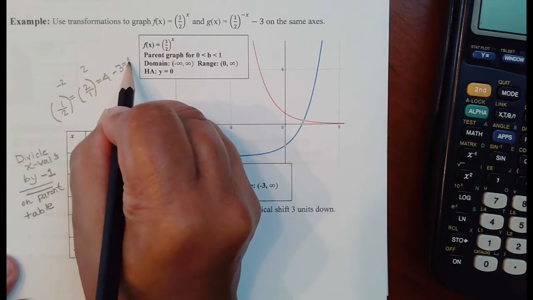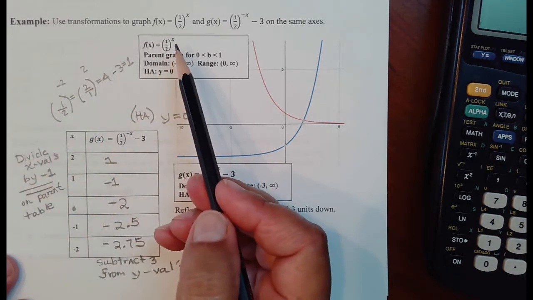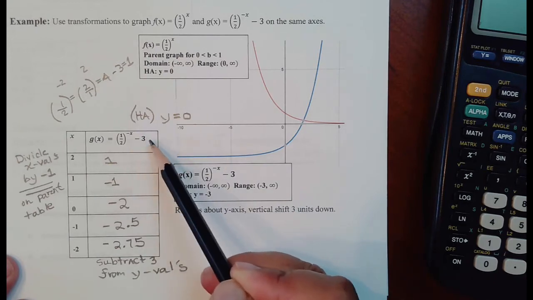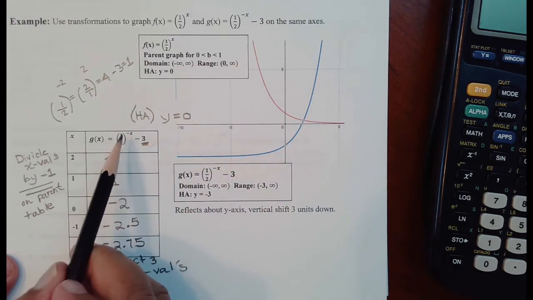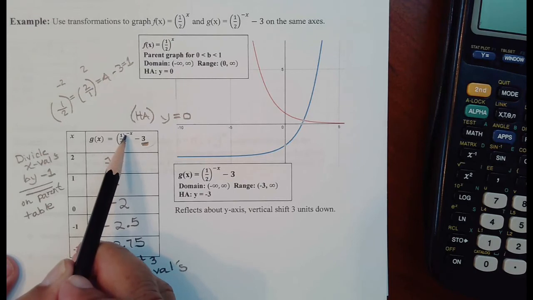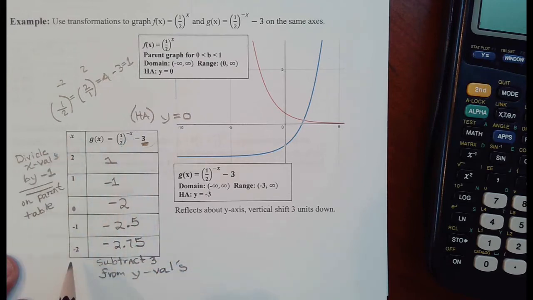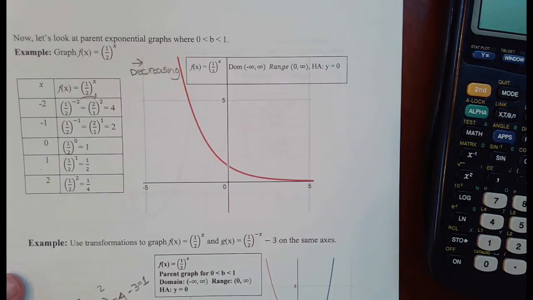This x multiplied by -1 means divide all the x's by -1. Remember, we're doing opposite operations when it concerns x, but looking at the values in the parent table. So all I did is look at the x's, divided them all by -1. All I did is look at their corresponding y partners up here, which was 4, 2, 1, 1/2, and 1/4, and I just subtracted 3 from each of those, and I was able to get all of these values, but without any of this kind of work where you're raising to exponents and doing all of that. Okay, notice that